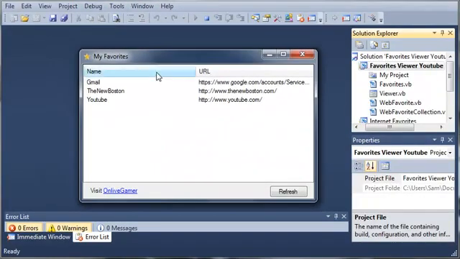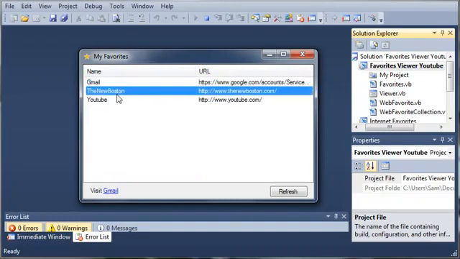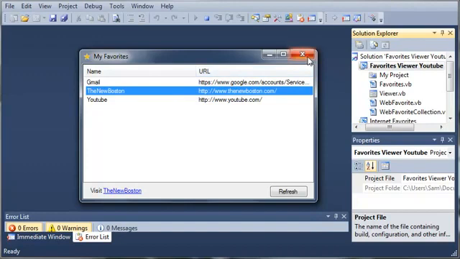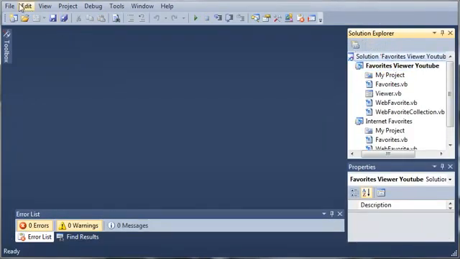this window right here. Now if somebody already has their favorites in the bar of their internet browser, why wouldn't they just open their internet browser and go to that instead of opening a whole other application to go to it? So what we're going to be making is a program that runs in the tray of the taskbar, and whenever the user right clicks on it, they can see their favorites and automatically open one of those whenever they click on it. So we'll go ahead and close out of this, and we'll come over here to our solution,